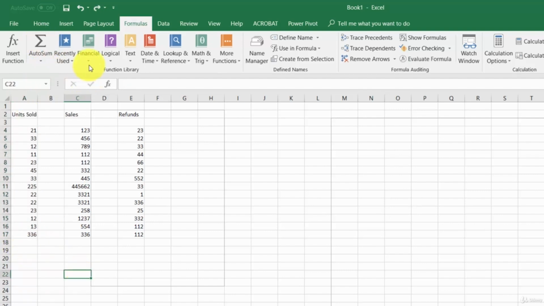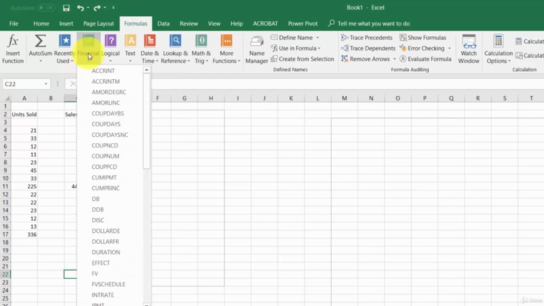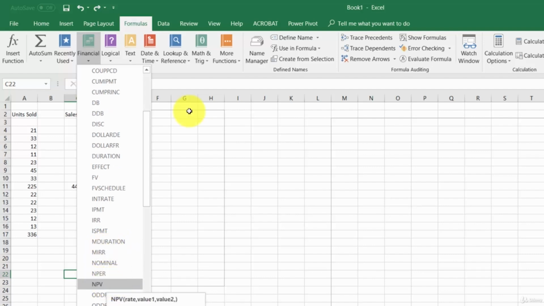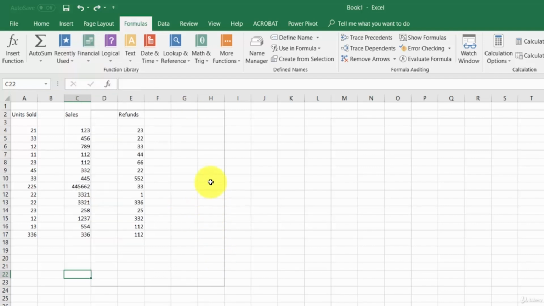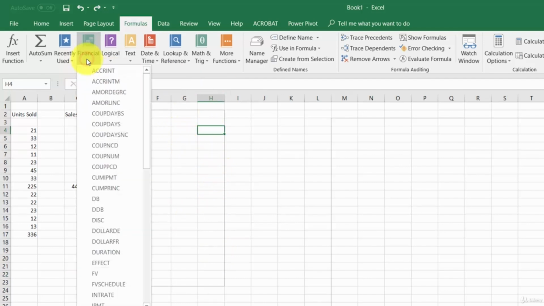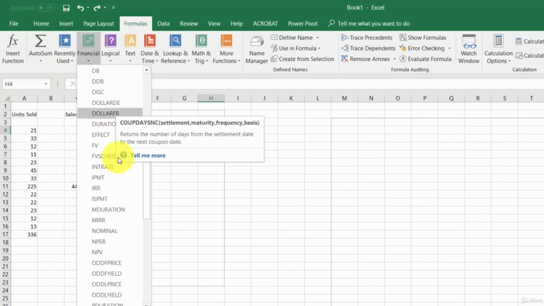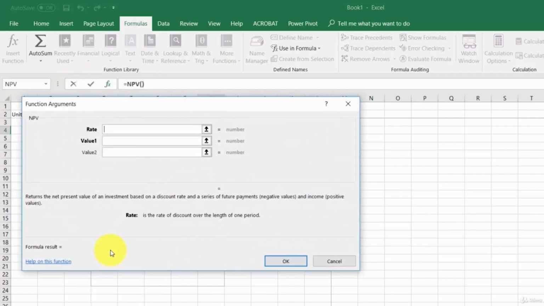And basically, each of these areas is going to take some time to learn the basics of how each of the formulas works. So for example, we'll look in the financial formulas. You'll see various finance number values. You'll see, for example, future value or internal rate of return or net present value, if you're familiar with that. And basically what happens is if you place your cursor inside of a specific cell and you decide you want a certain formula, so for example, you want the net present value in this case,